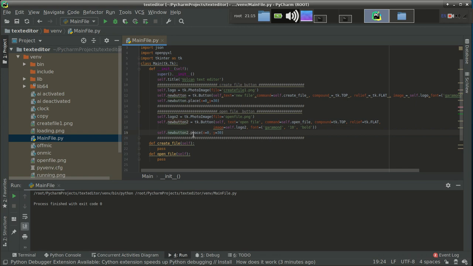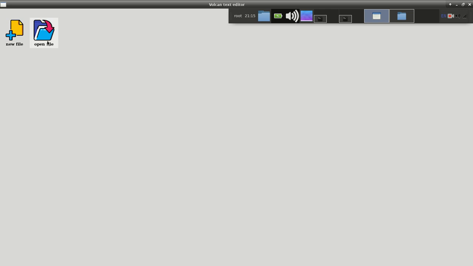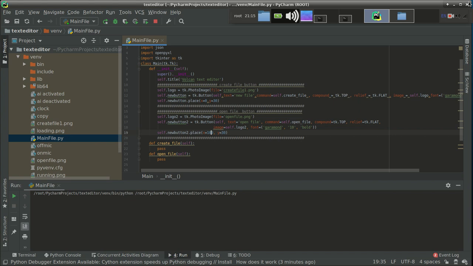One more thing, you also have to change the coordinates. Coordinates are also the same, that's why it is producing the wrong output. So let's provide the coordinates. Right now I want to give x coordinate as 100 and y coordinate as 30. Let's see what is going to happen. Yeah, so guys, you can see that we have added two buttons right now, but these are not functional. They are just like images, but we can click over here. In upcoming videos they will be functional.